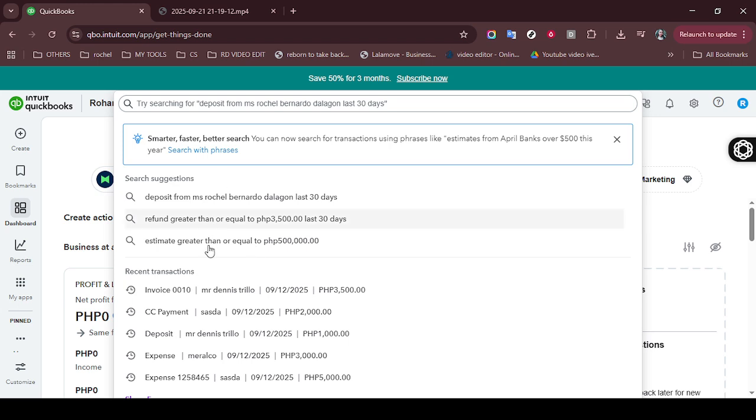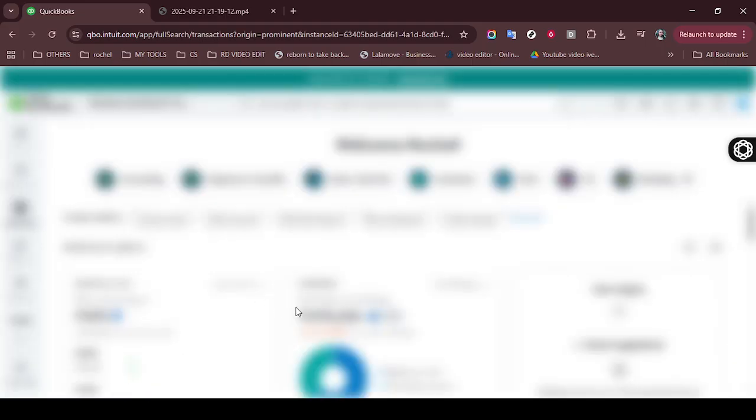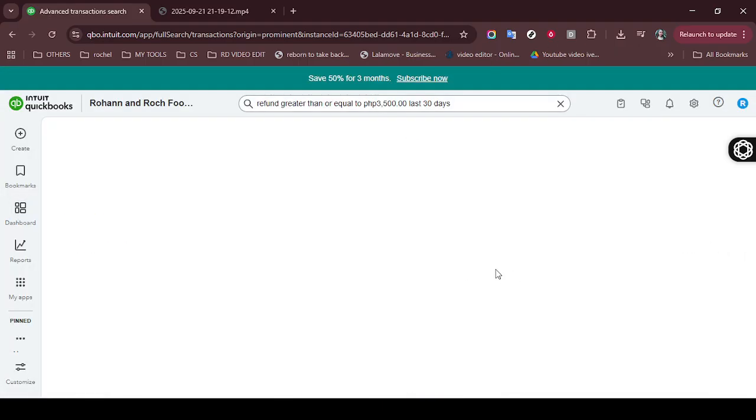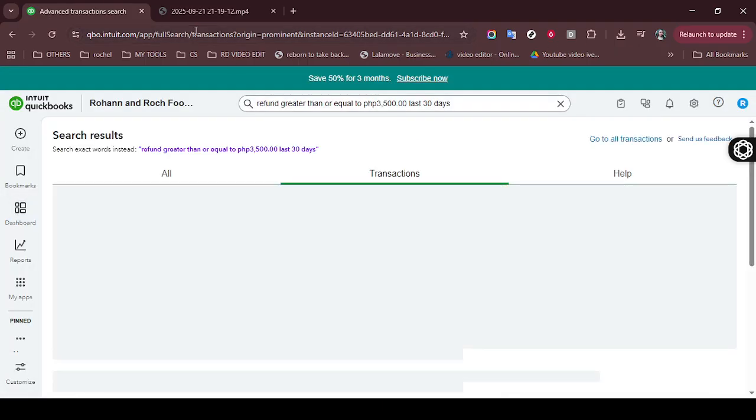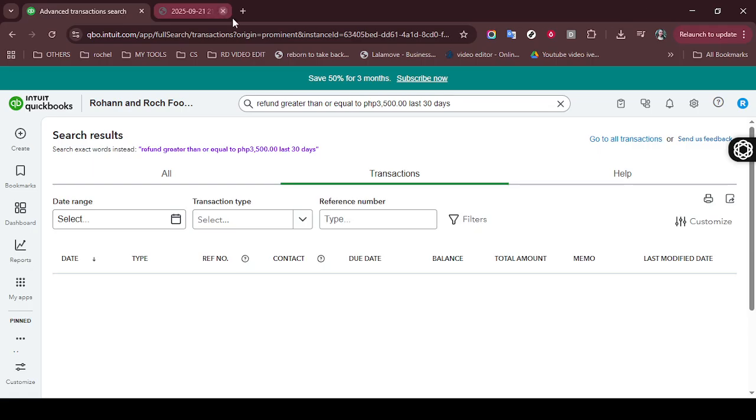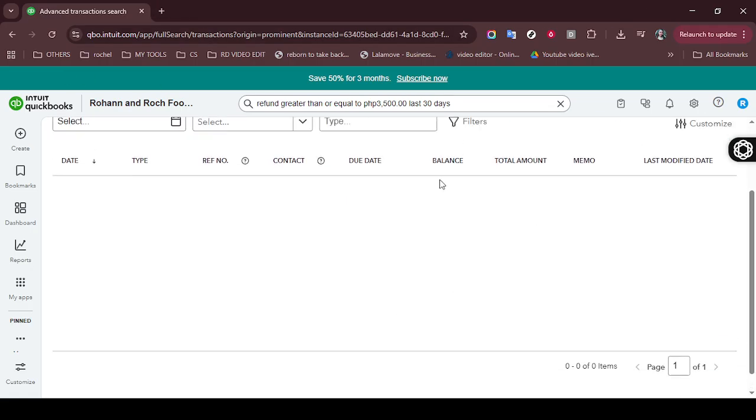Reconciliation can initially seem complex, but breaking it down step by step makes it manageable. This part of the software is designed to streamline the process so you can catch discrepancies and fix them before they become bigger issues. Once you're in the Reconcile section, the next step is to select the account you wish